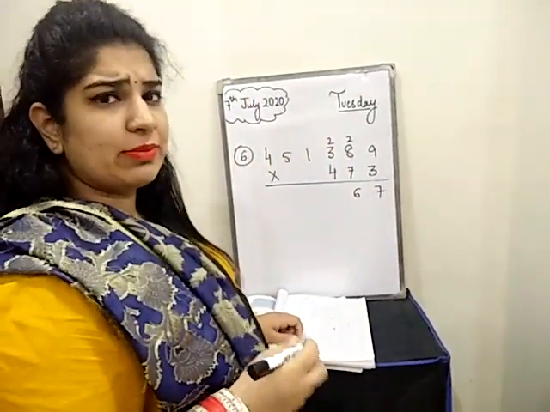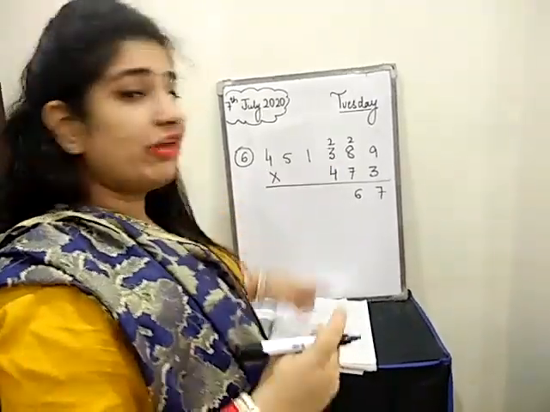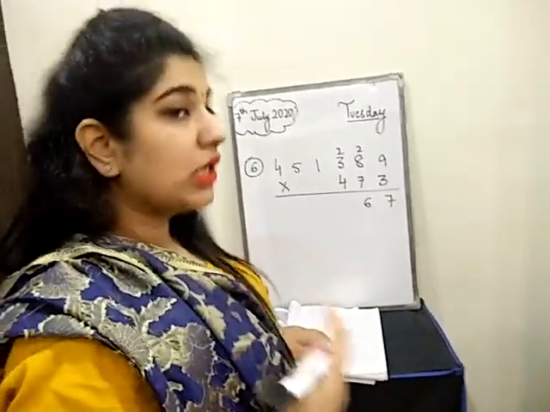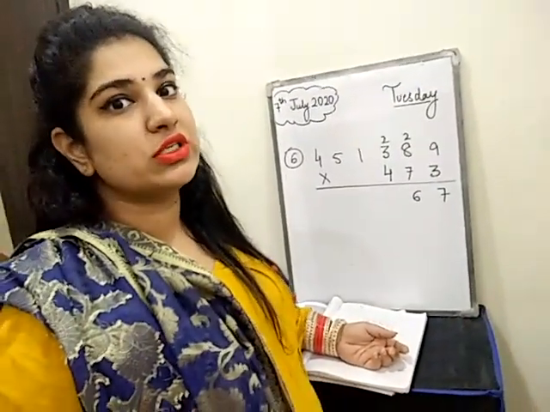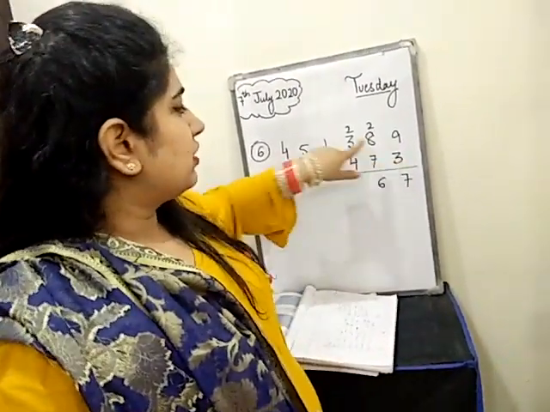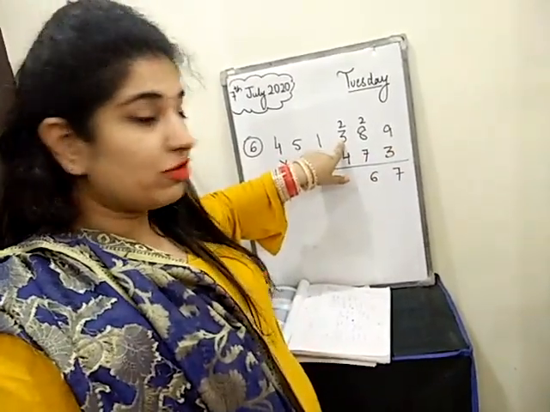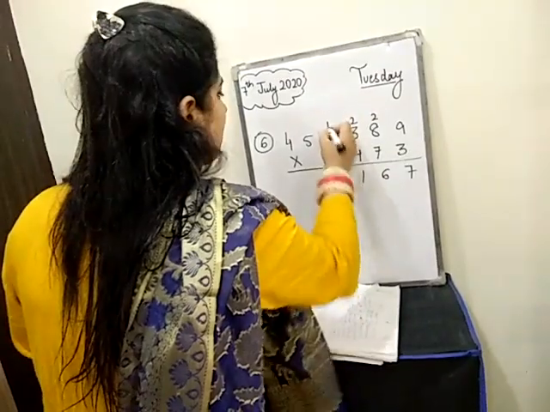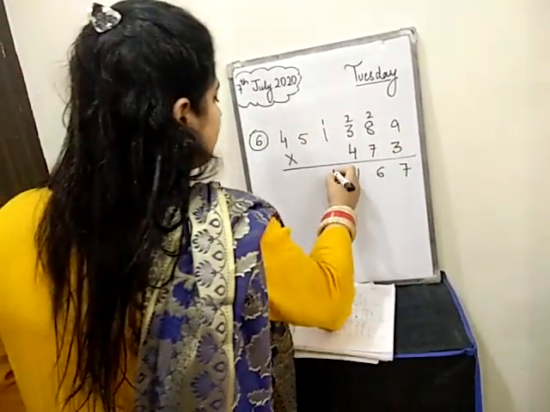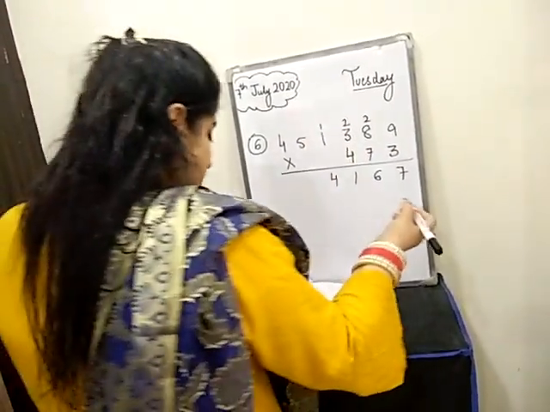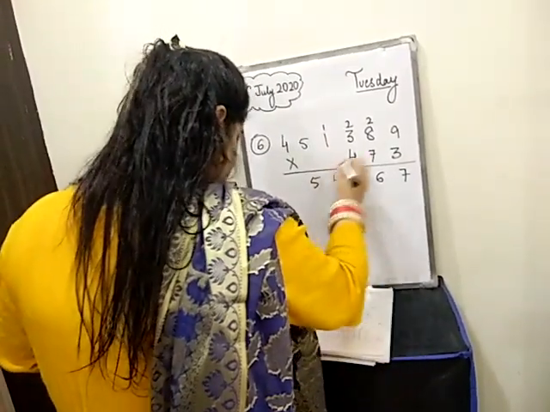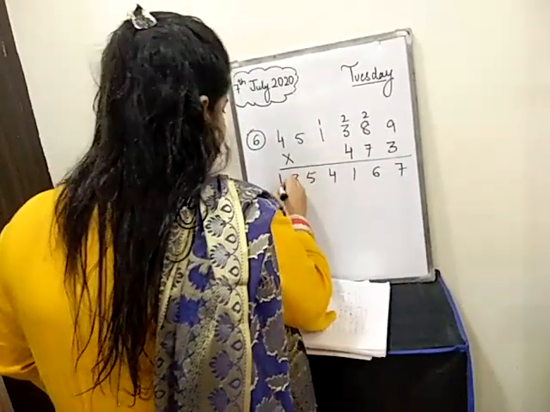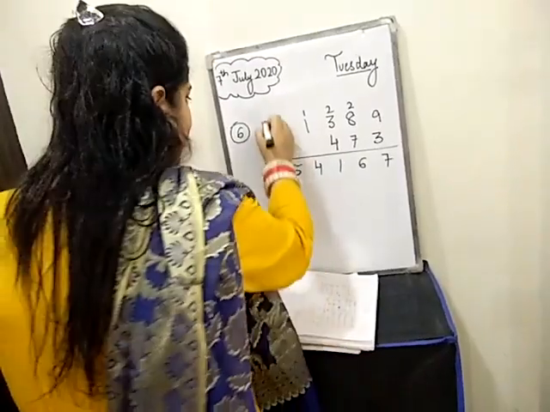I hope you all know tables, right? And if you don't know tables, learn it, or you can ask a trick from me. I'll tell you how to learn tables. Now you will multiply 3 with 3, that will be 9. 9 plus 2 will be 11. So 1, carry 1. Now 3 with 1 again, and carry we have already. So now same way you will do multiplication. So 3, 1. And carry here we have.